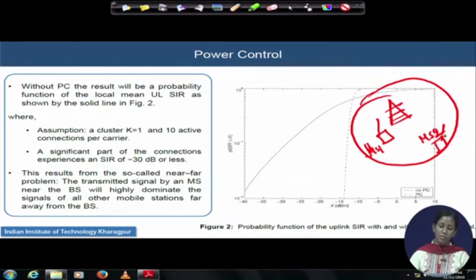So, we call it a near far problem. This happened mainly because of their corresponding location. So, if both of them transmit at the same power level, this kind of problem will happen. But if we can control the power, something like this: the guy who is